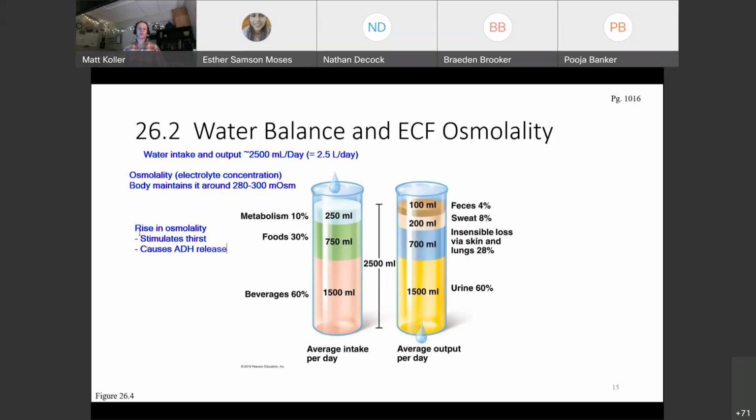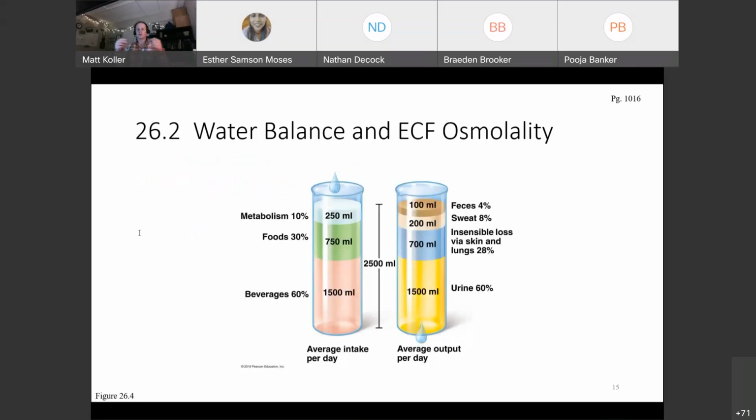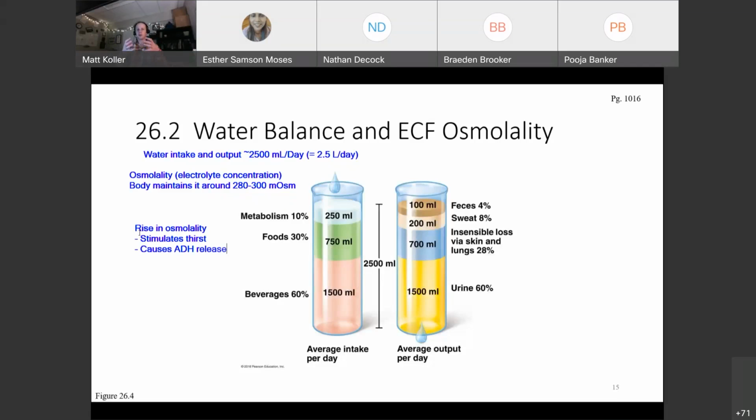Anti-diuretic hormone. Some of you may be familiar with diuretics. Maybe you had older family members who have heart disease. They take diuretics because the body's retaining fluid when it shouldn't. That's a whole other conversation we'll get into next week. An anti-diuretic hormone basically causes your body to retain fluids because it's saying per volume, there's too many electrolytes, too many solutes in here. We need to dilute this. We need to have fewer solutes per volume. We're going to retain water to dilute those electrolytes.